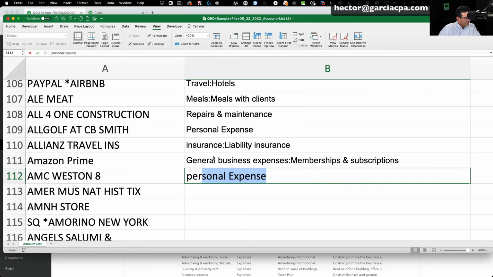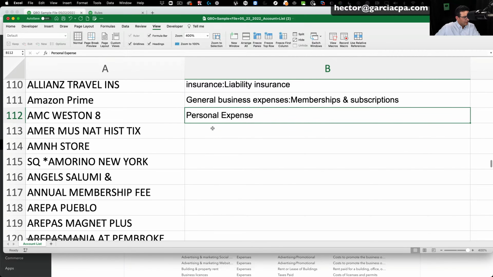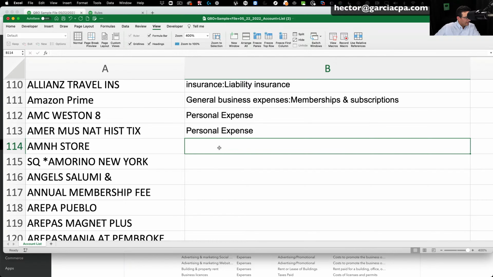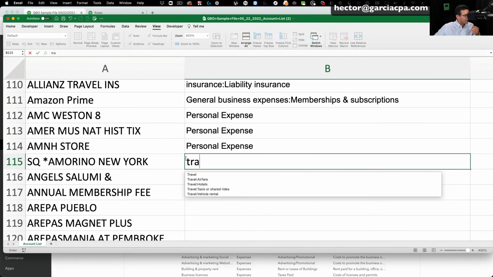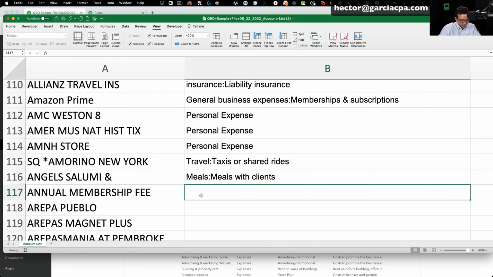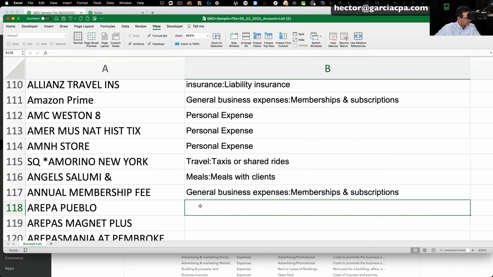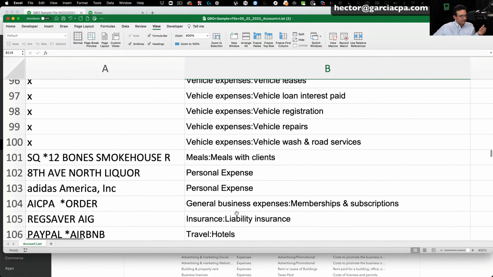AMC Western, that's personal expense. I know what this is. I'm going to call this personal expense too. Let's say that's personal expense as well. Let's say that's travel. It's got New York on it. Let's say that's travel. Let's say that's taxi. Then Enyo Salumi, that's meals with clients. Annual membership, that's general membership and subscriptions. That's meals with clients. Again, I don't want to bore you with how I categorize stuff, but this gives you